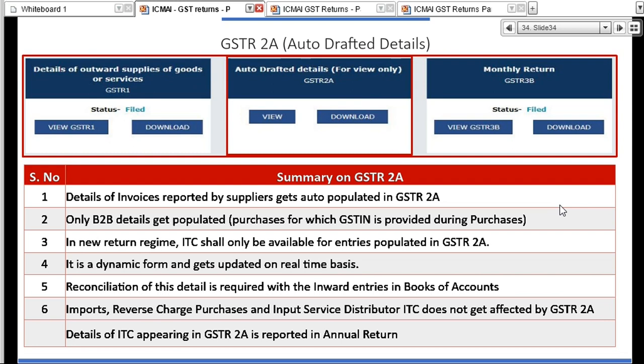Reconciliation is required for this 2A with your books of accounts. It does not have entries for import, reverse charge and input service distributor, right? While filing your annual return, ITC as per GSTR 2A will be reported in Table 8 of the annual return.